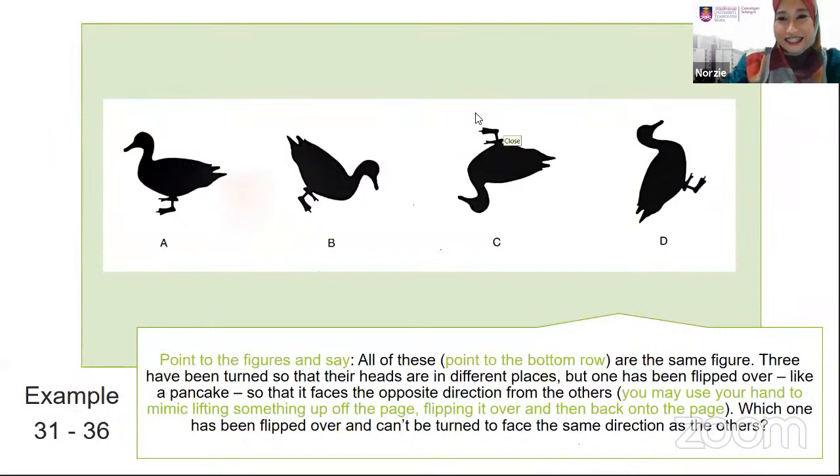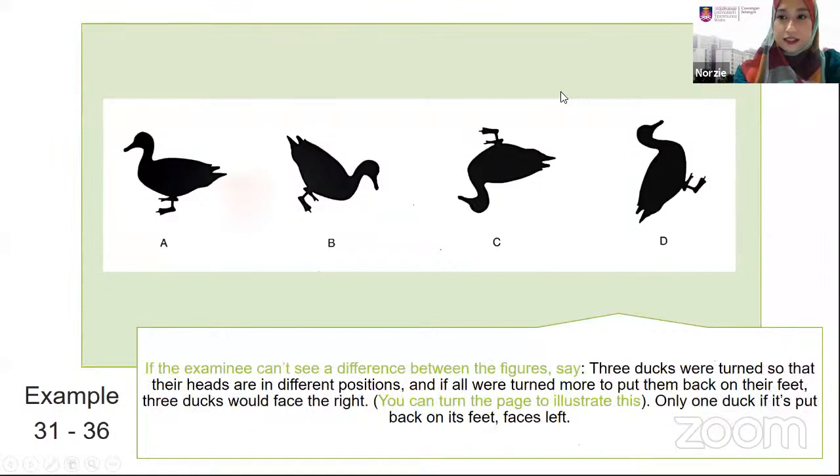Okay. Chong Kong Wai dia jawab A. Maknanya korang faham soalan tu. Sebab saya pernah administered this assessment, yang bahagian example 31, 36 ni ramai yang get confused. Okay. So kalau let's say you nampak client you confused, okay, let's go to the next slide.